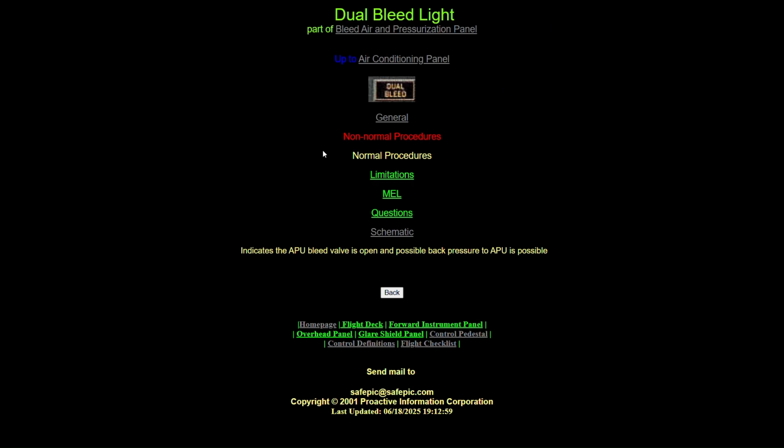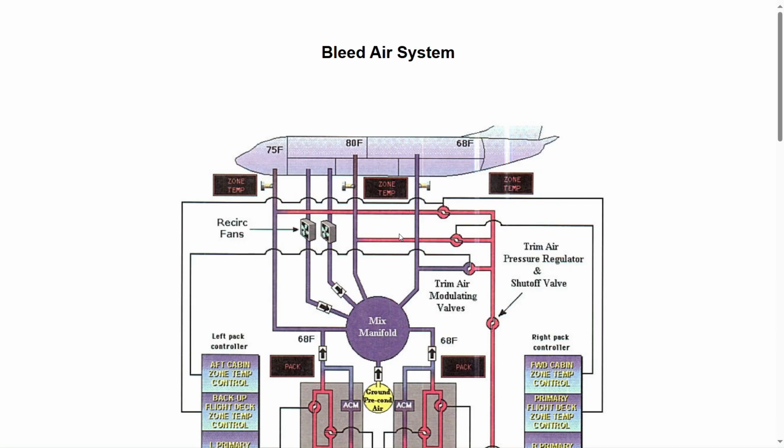Now the other thing we have here is the schematic, and with this schematic you can click on it and it will take you to